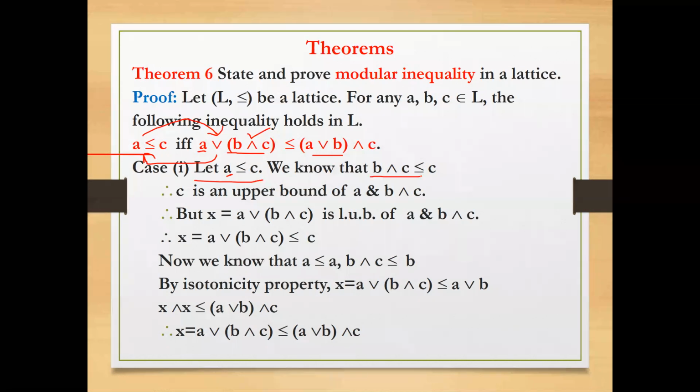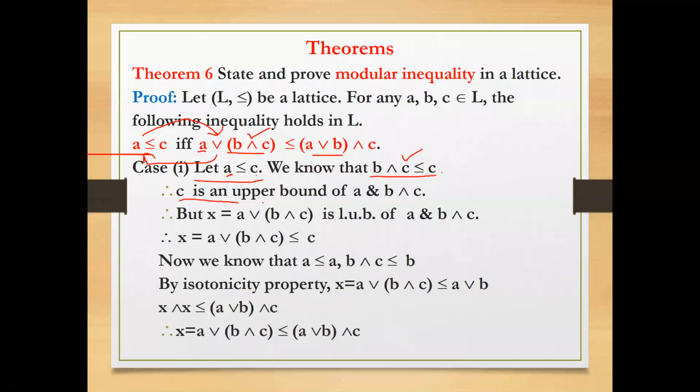So B meet C, we also know that B meet C is less than or equal to C by theorem number 1. Because B meet C is the greatest lower bound of B and C, it obviously occurs on the left hand side of both the elements. So I have considered only the element C. B meet C is less than or equal to C. So in these two relations, you can see the common thing is C, which occurs on the right hand side.